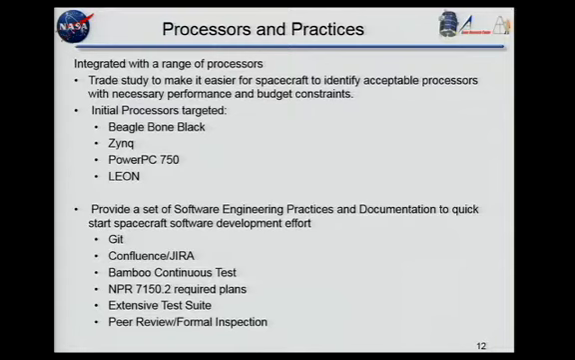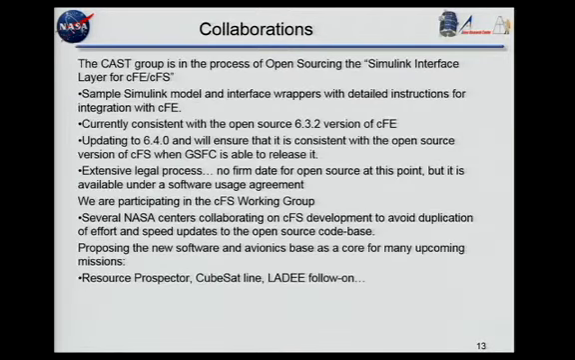So we're working on incorporating all of those and making them available to the CFS community. And then we'll be continuing on with our peer review and formal inspection programs that we've got. So in terms of collaborations, we are in the process of trying to follow in Goddard's footsteps, and we're trying